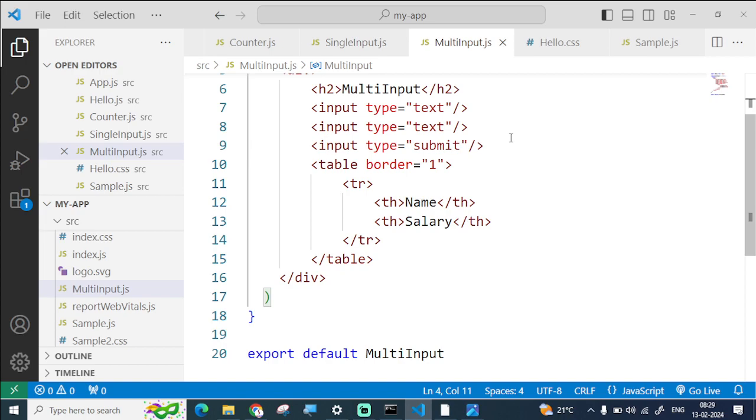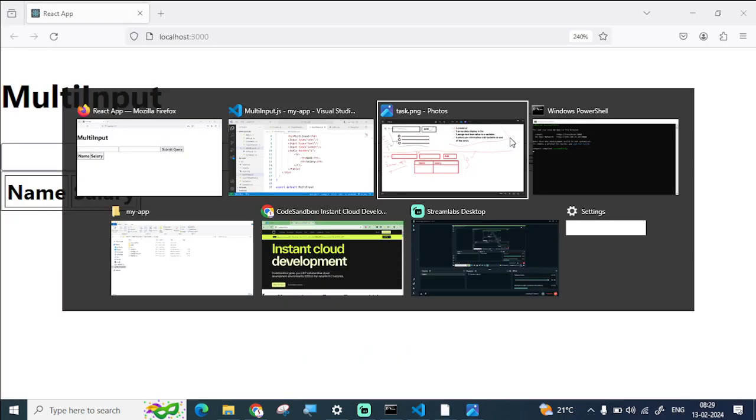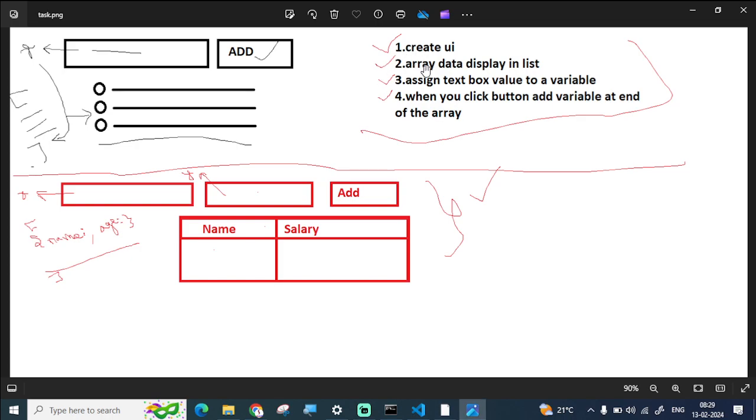Okay, so yeah, we just created UI. The first step is completed. And the second step, try to take array and show that data in the form of table. Okay,